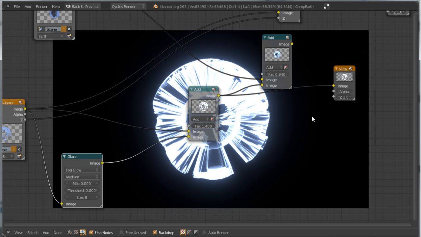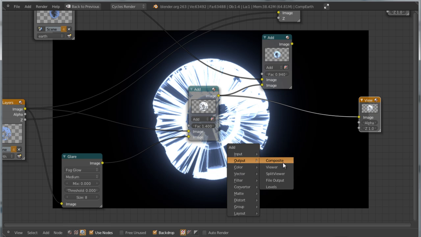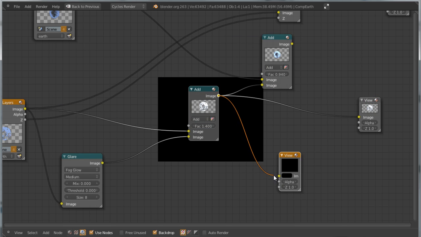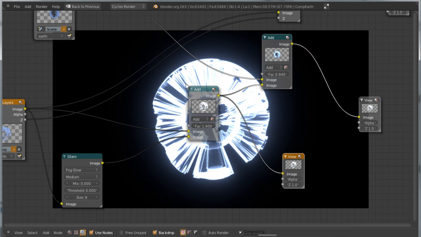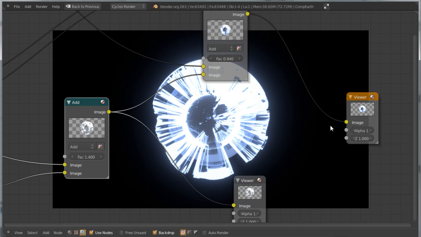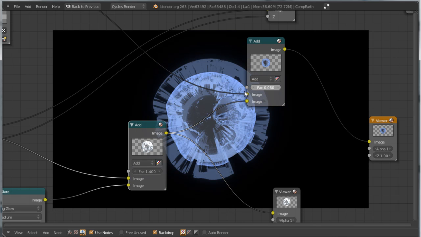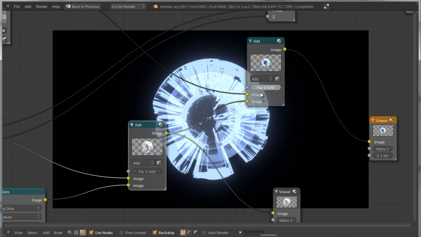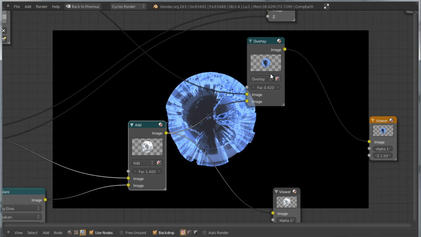of add here. You can make it even more than one, so you have this very interesting, in my opinion, result. And you can always go ahead and Shift A, add a new output viewer for this point here. All right, and the final image is going to be this one. Of course, the final image now is too bright. I mean, I don't want this to be like this. Perhaps I want to lower this down somewhat and play a little bit with, perhaps, changing this into another